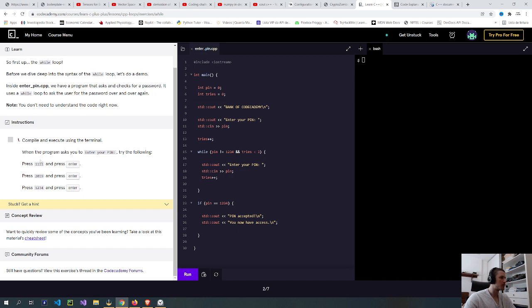Compile and execute using the terminal. When the program asks you to enter your PIN, try the following. So g++, enter, pin.cpp, then a.out. Now it's 111, 2019, 1, 2, 3, 4.